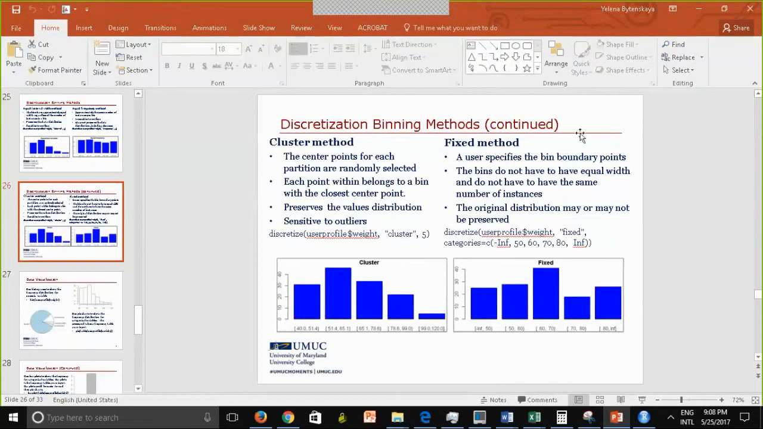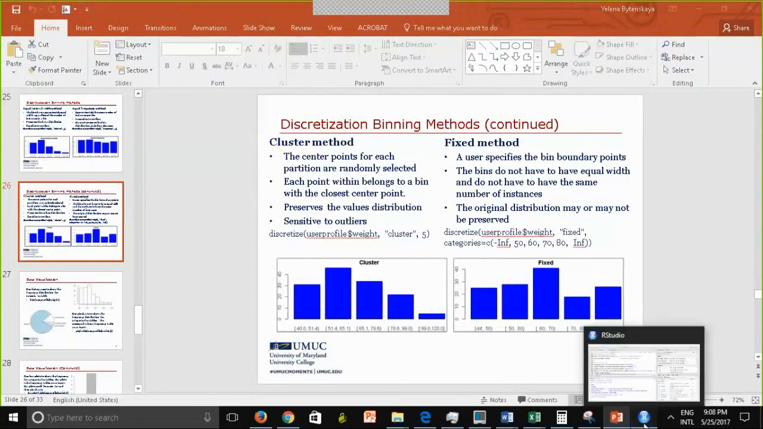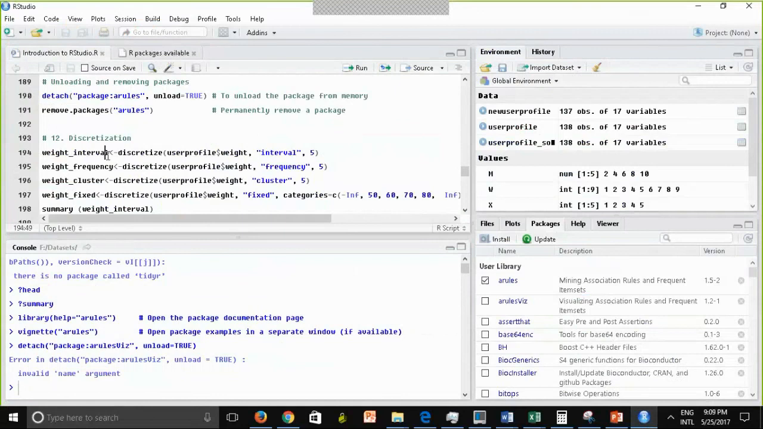Here is a fixed method where I can explicitly specify the boundary points. Well, sometimes I want to do it. It depends on the problem that I want to solve. Well, the bins don't have to have an equal width. They don't have to have the same number of instances. This is my choice, right? So this is a discretization, and I can just go ahead and run it just to show you that it